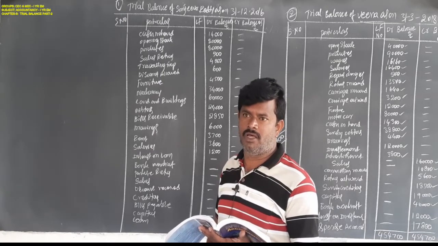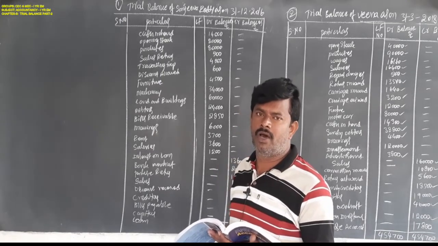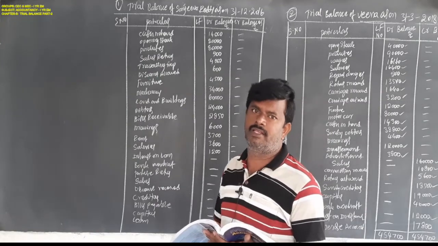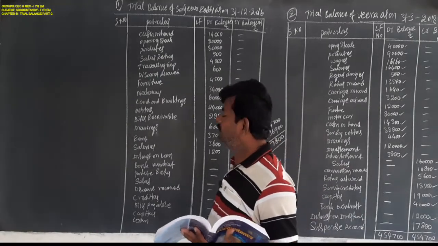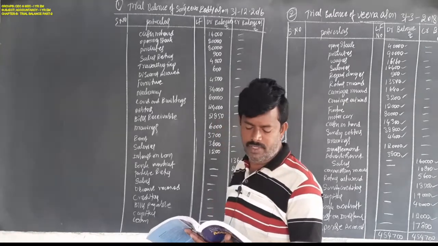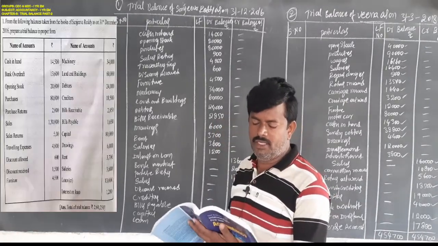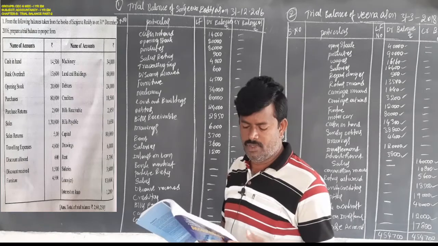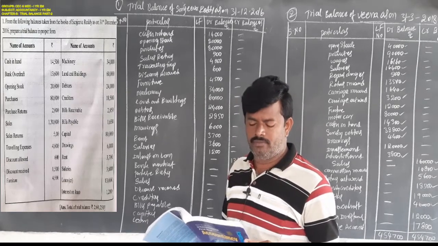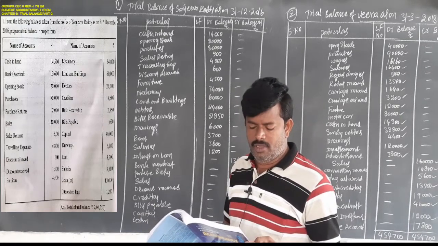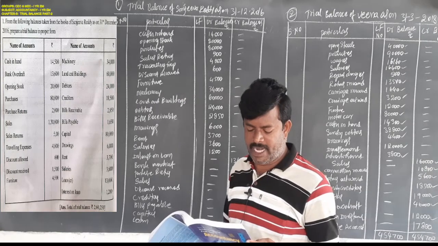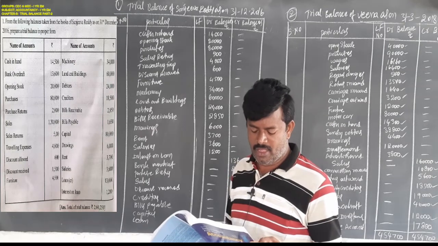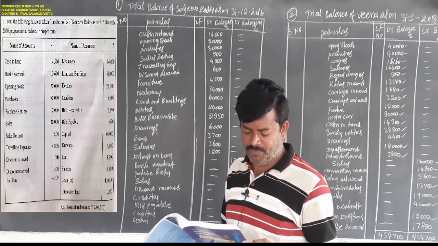We mention the rules and regulations, and we follow the concepts and conventions as well. Here is the first problem, first listen, the format is already given. Cash in hand debit side, bank overdraft credit side, opening stock debit side, purchases debit side, purchase returns credit side,